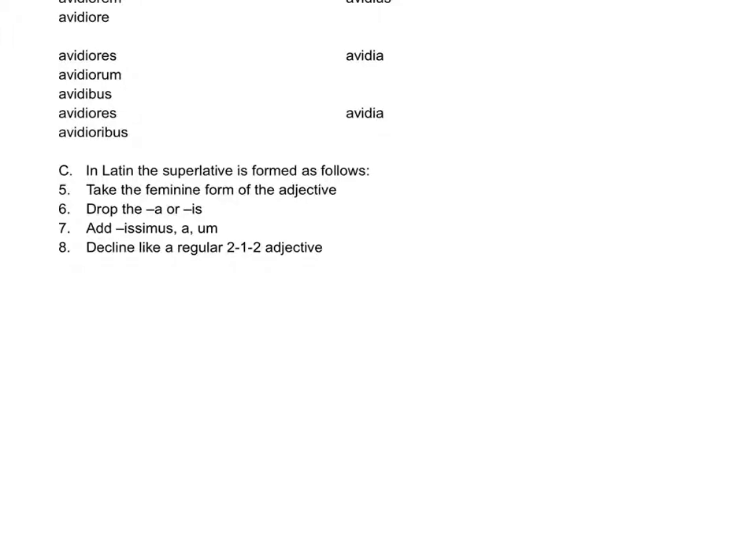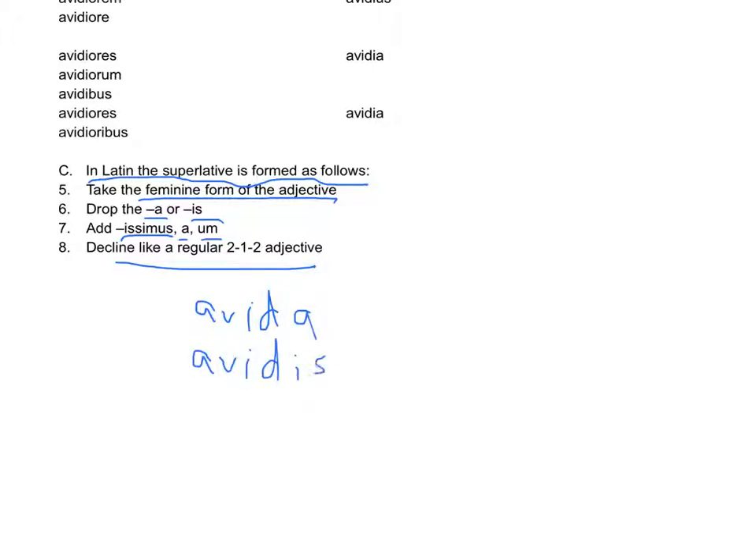Now, you've already learned the superlative, but I'll review it very quickly. In Latin, the superlative form is, again, you start with the feminine form of the adjective, you drop the A or the IS, depending on which kind of ending it has, and then you add issimus, issima, and issimum. Then you decline it like a regular 2-1-2 adjective. So, for example, for avida, that's the feminine form, you drop the A, and then you add avidissimus,